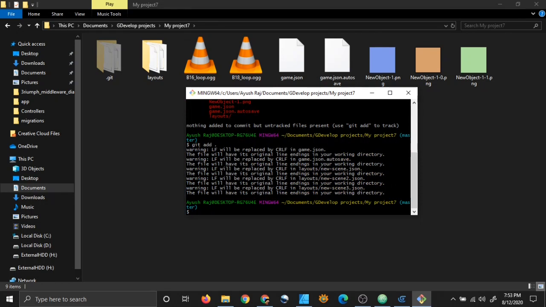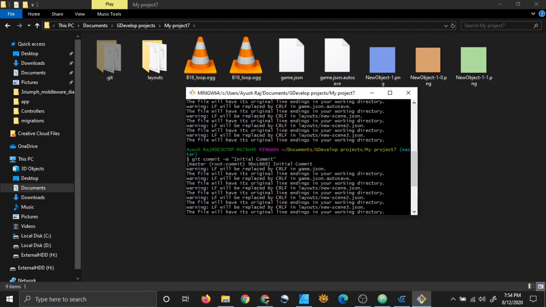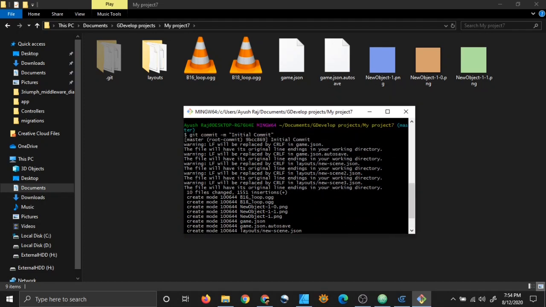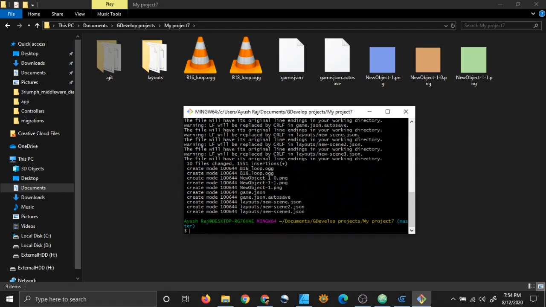And now fourth step is to simply do git commit -m and type initial commit in your message, and you have committed your files in your repository. And so all these things have been done locally only. We want to, you know, push our repository and the contents of our repository on GitHub.